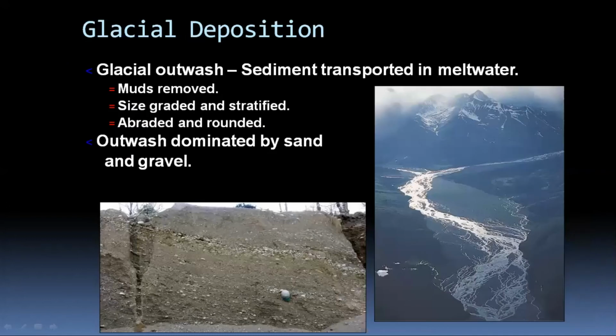Glacial outwash. Normally, once the glacier advances, and sometimes because of the rise of temperature, these glaciers start melting. As a result of the meltwater, there are deposits. We call them glacial outwash. In glacial outwash, you can see here a stream that is coming from the glacier, and if you have a stream, the stream cannot carry bigger blocks like erratics, so it will carry smaller blocks, and normally it will remove the mud because of the speed, and it will just deposit the sand and gravel.